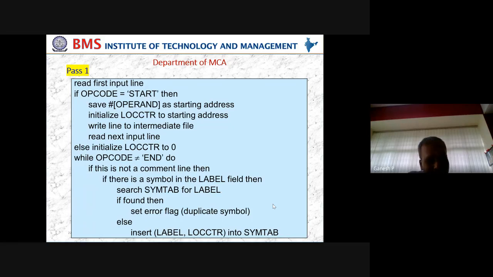There is an existing symbol with the name LOOP, and again you have encountered another label by the name LOOP, so a clash is there. That means we already had a label with some name and a similar name is also encountered. It becomes an error, a duplication. Thereby, if you search the symbol table for the current label and it is found, meaning there is a duplication, we need to generate the error.